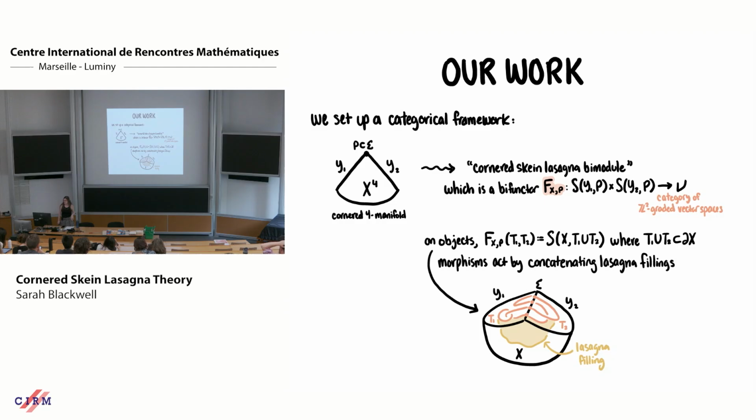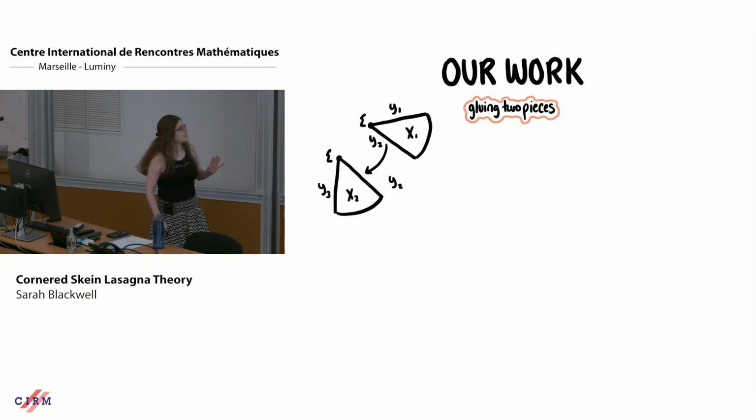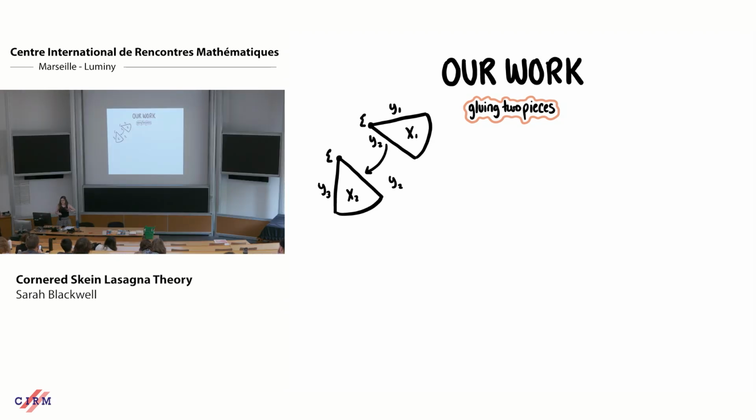Okay, cool. So moving on, that's all the setup, and the first of our results is this gluing result. So now I'm taking two of these things, and one of them has boundary Y1, Y2. One has boundary Y2, Y3. I'm gluing them along their common boundary. There's all sorts of stuff about orientation and picking diffeomorphisms that I'm totally suppressing because it would be terrible, but it's there, don't worry.